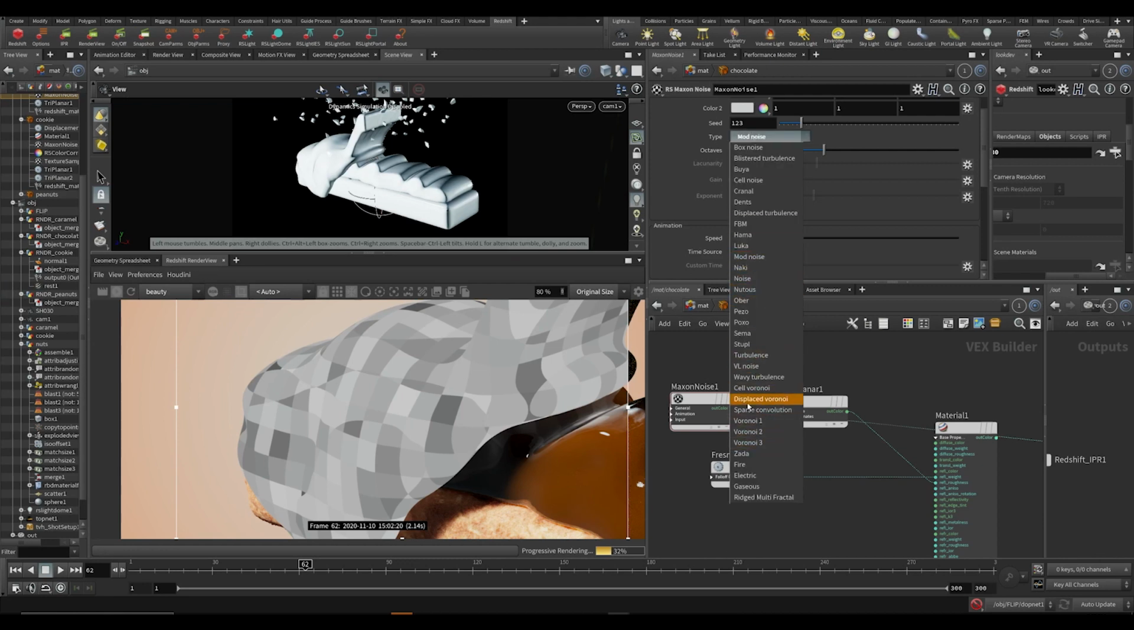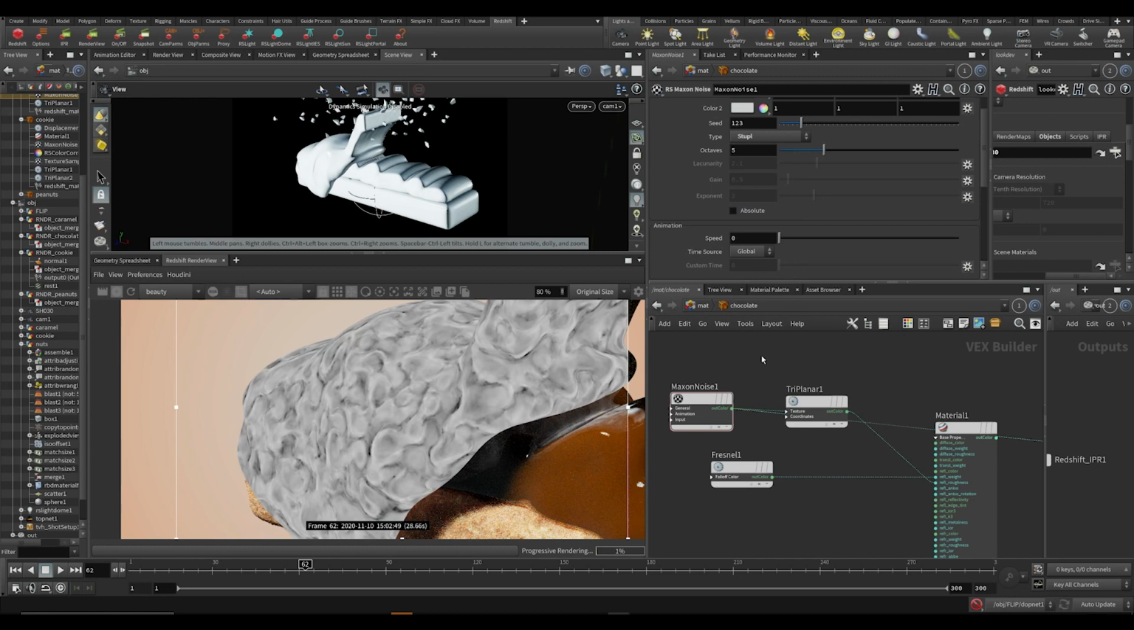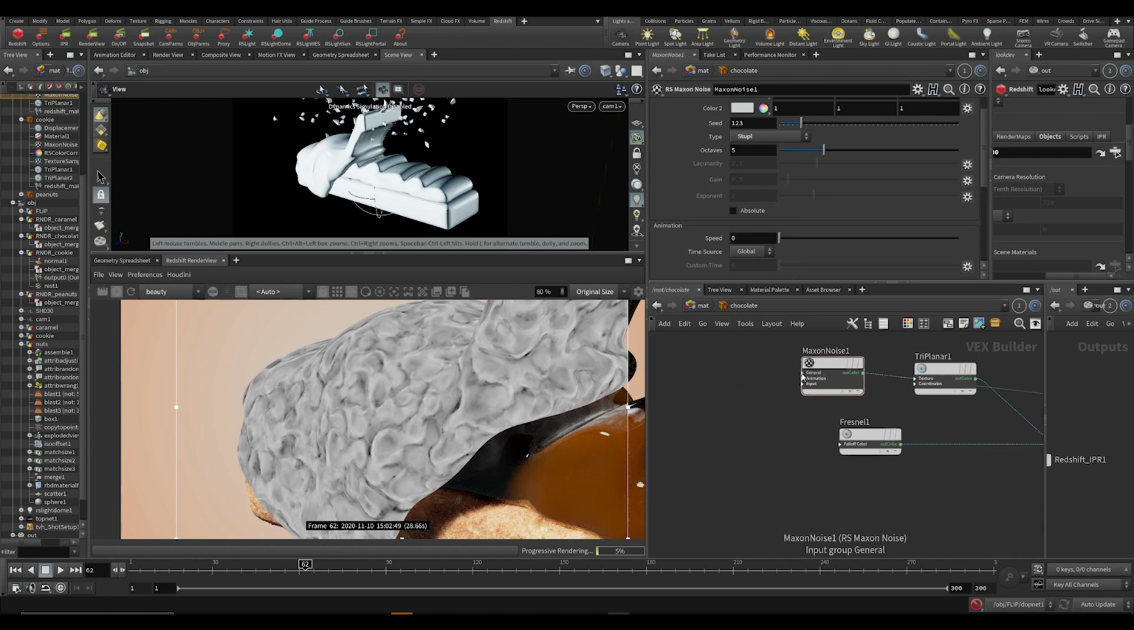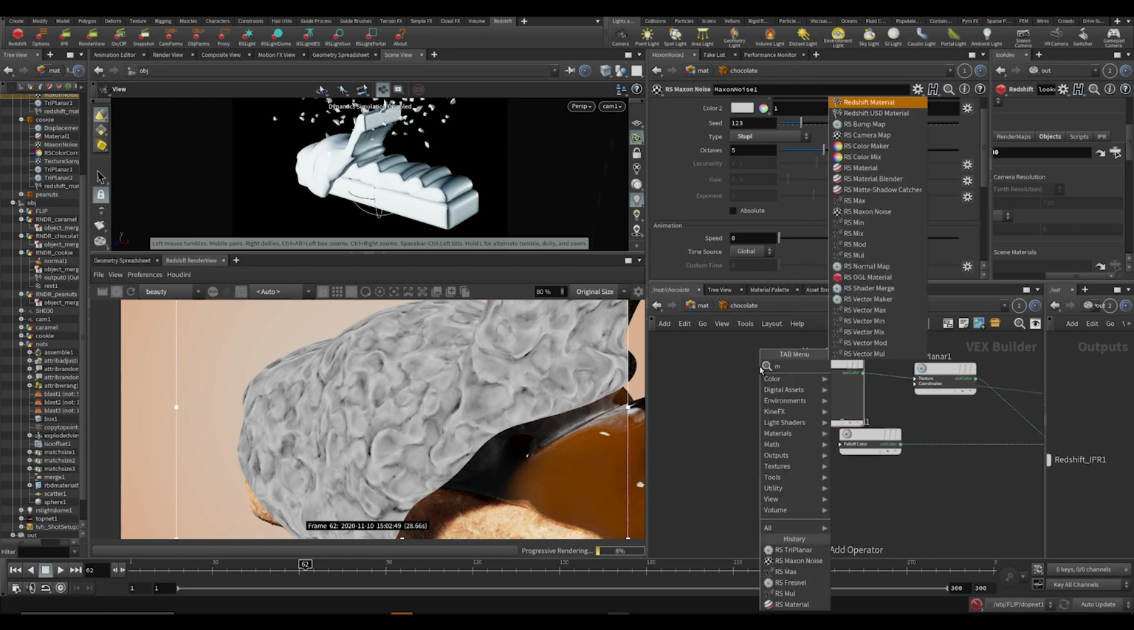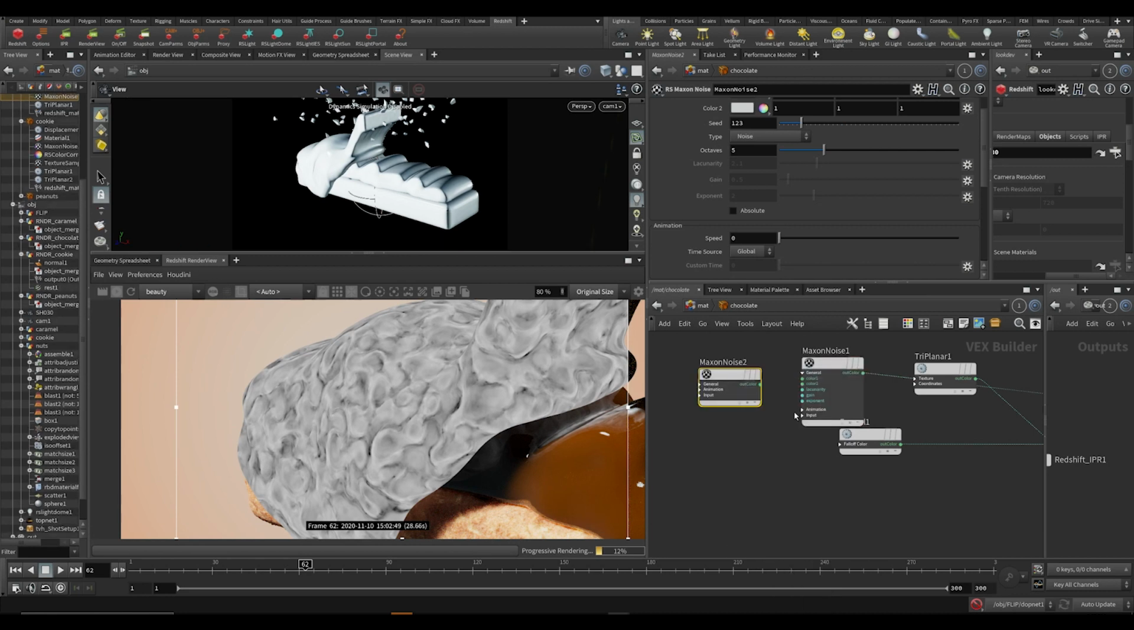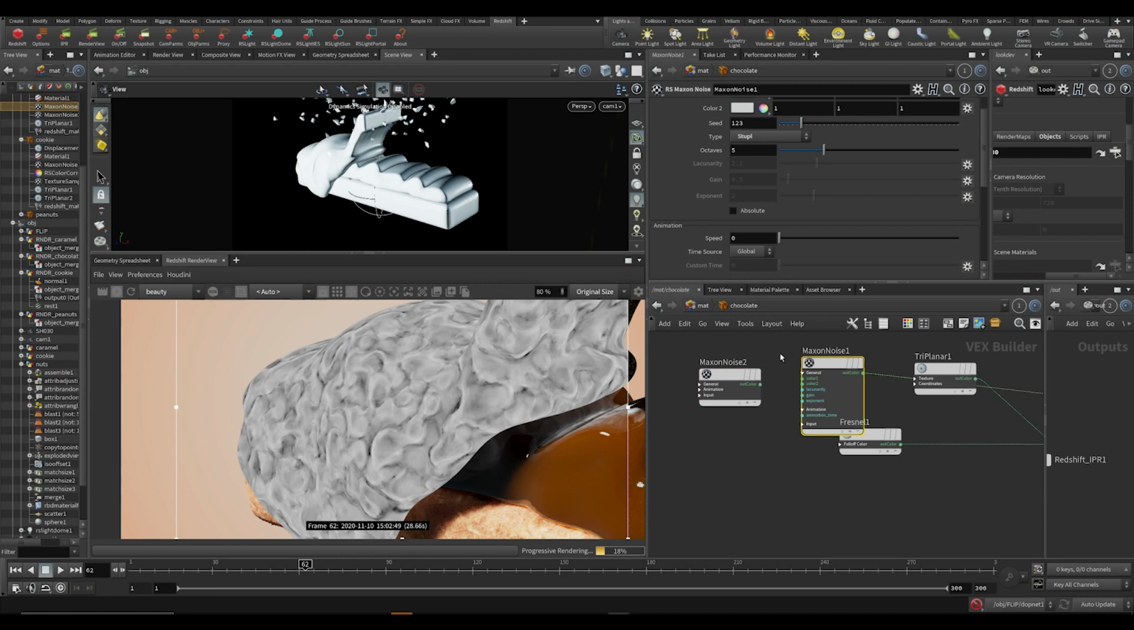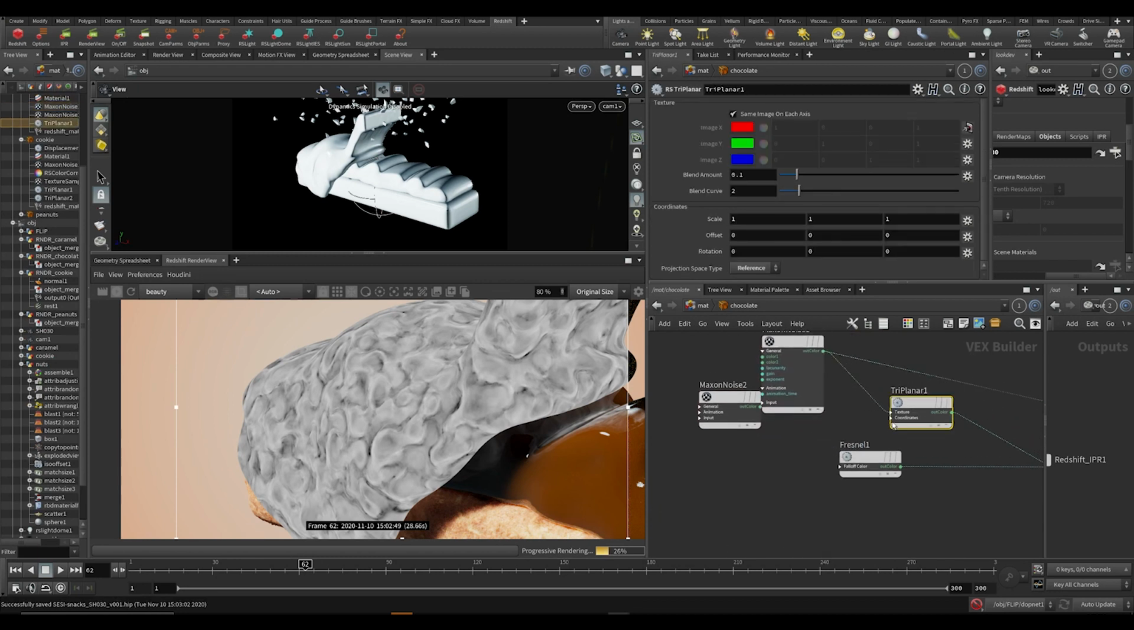Where are you, Stipple? Stipple. Alright, there we go. Alright, so a thing you can do here actually is you can make another noise, maximum noise. And you can actually offset these. Right, so you can go into coordinates for your triplanar. You have offset, scale, and rotation. So for example, if you put this in offset,